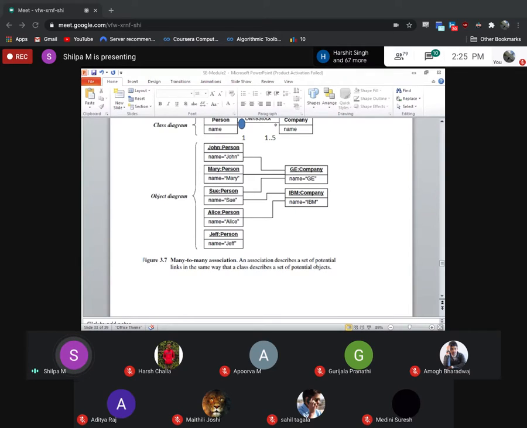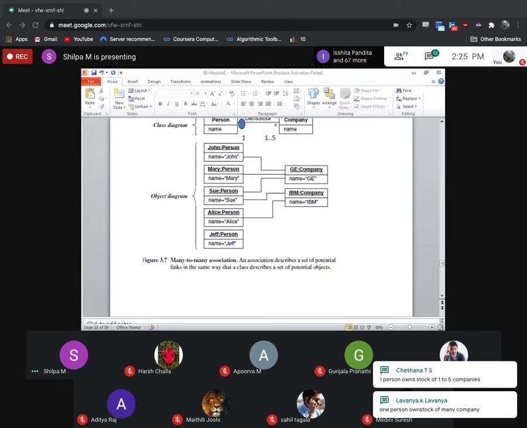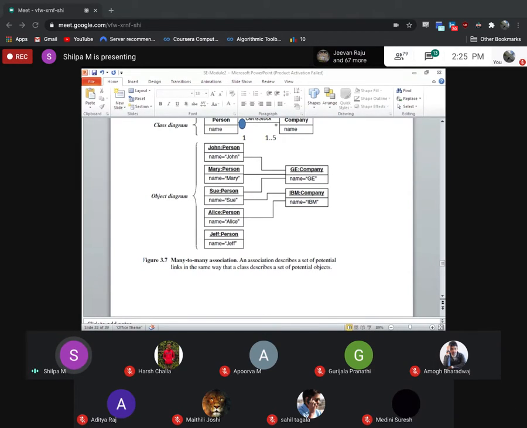So what does this mean? One person is associated with 1..5, I have told. What does this mean? Yes. Thanks. Here, instead of star, I have given 1..5. It means 1 to 5.